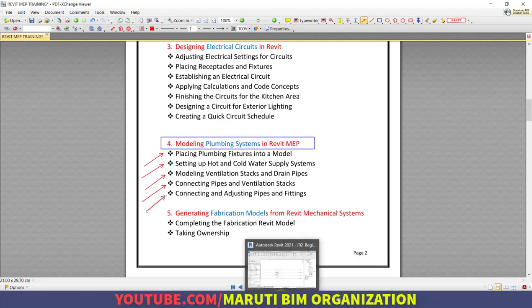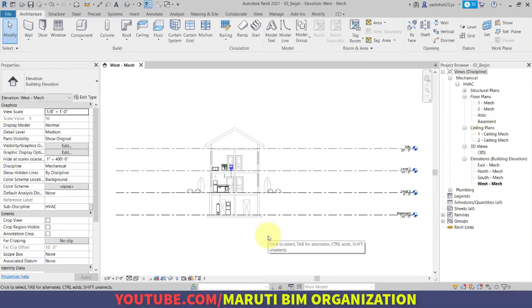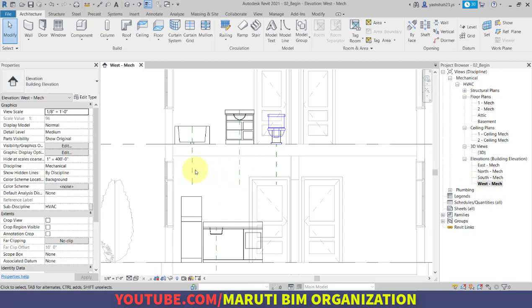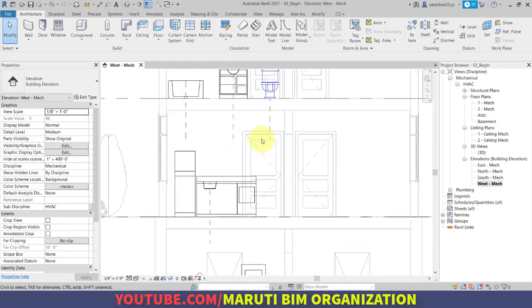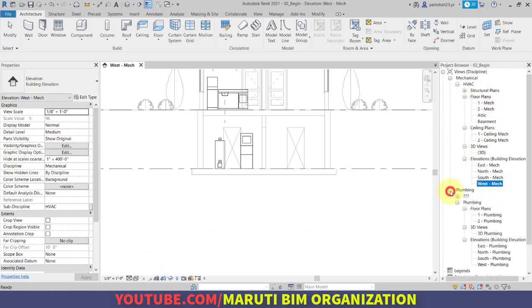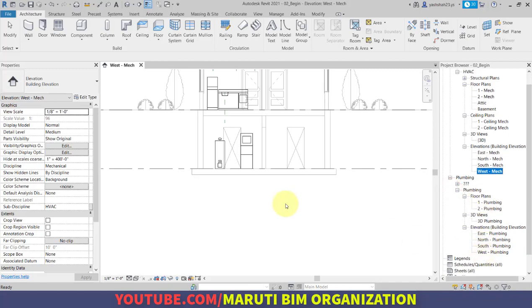So we will move forward to Revit, and in Revit, as you can see, I will open the west elevation of HVAC system, and there are already reference planes which have been created. Now, if I go to the HVAC west elevation and plumbing west elevation, what is the difference between them?